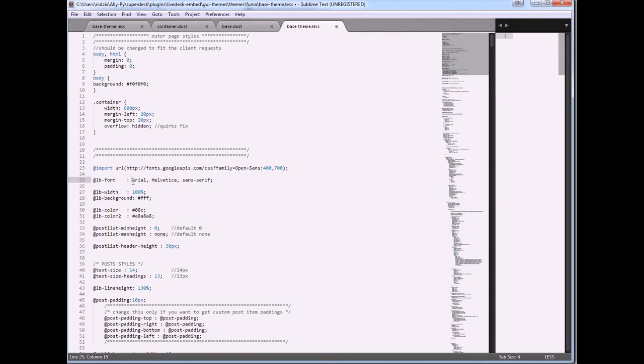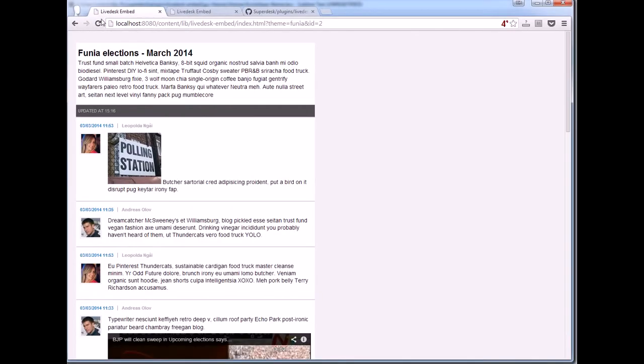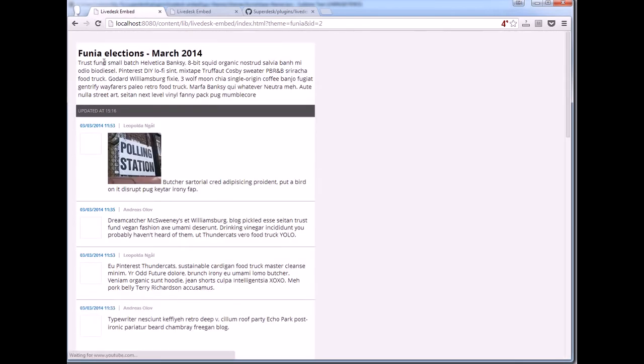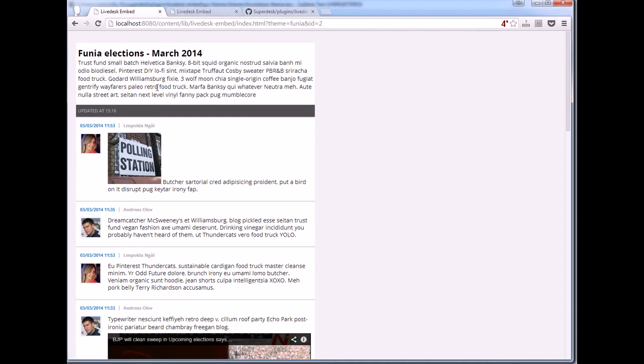So for changing the font, I will just add a new font family here, Open Sans, save it. Bin Less will compile the file on save, and it should be visible here now. Yeah, we have Open Sans font included in our live blog now.